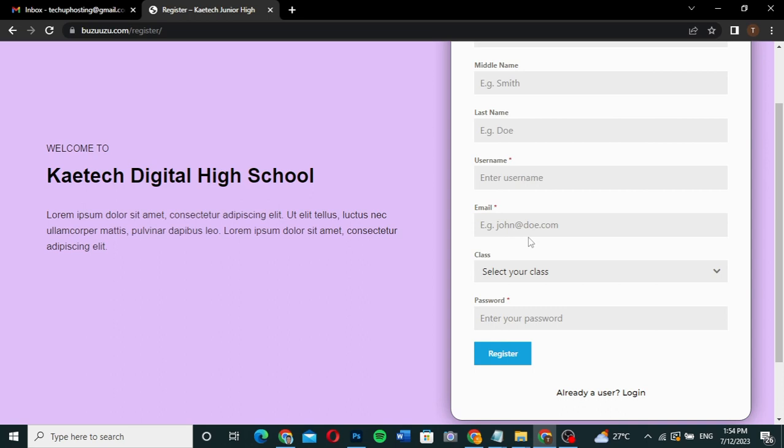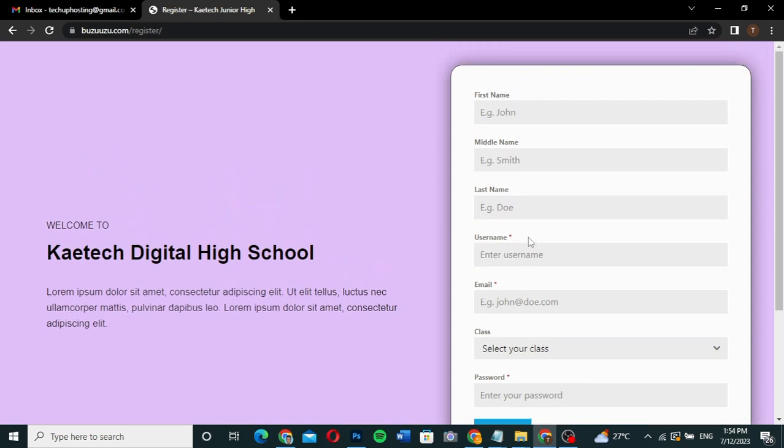Now at the moment you register, you have to buy a results checker or something like that. So you need to buy a results checker. So let's say I want to register on the platform. Let me say I want to register with Kobe, and then let's say this one is my middle name, and then let's say I want to say Evans, and then I'll go ahead and type in my username. So I'm going to say, let me say,